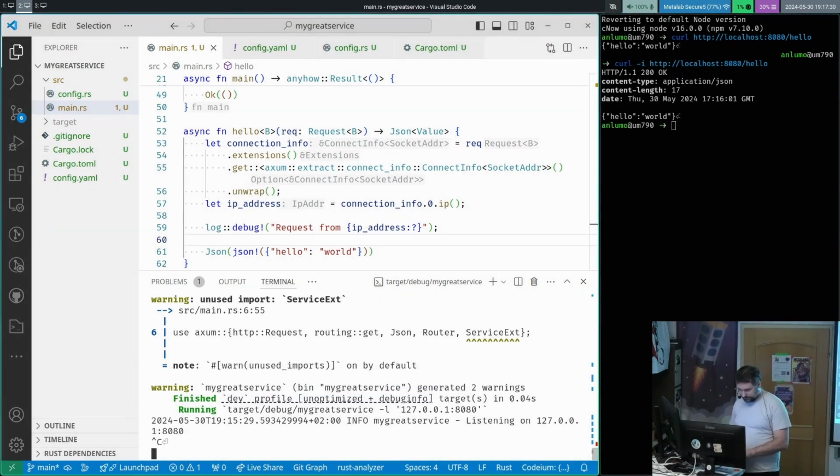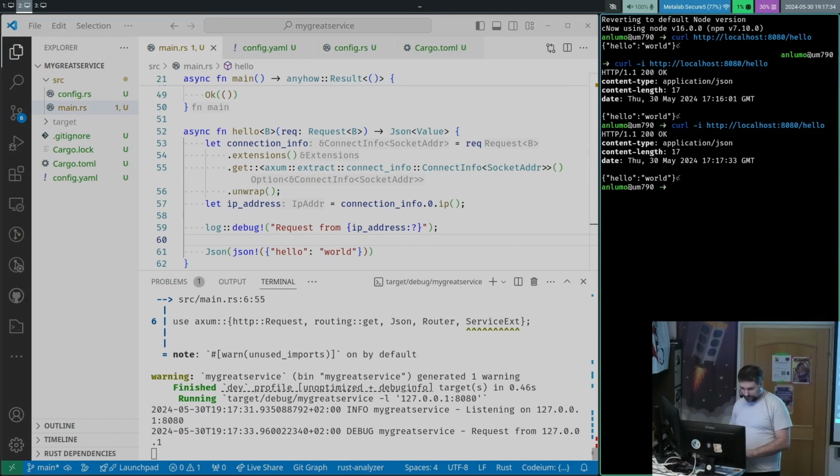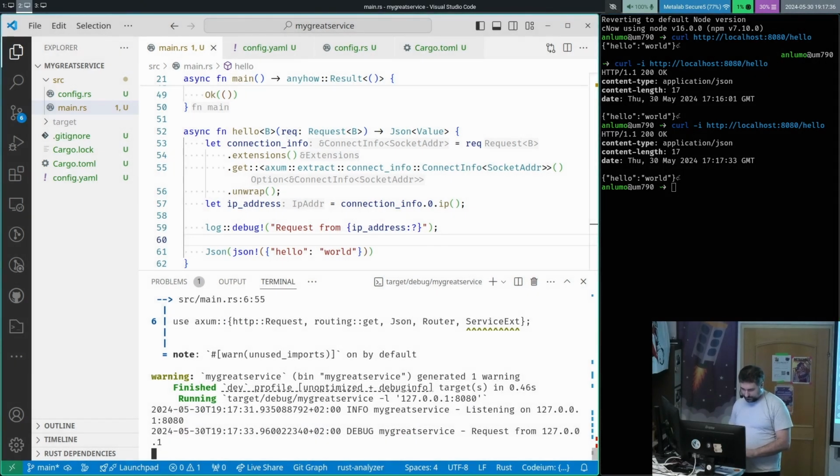Okay, don't forget to restart this thing. Now when we request it here, we can see request from localhost 127.0.0.1. And our service already works, but we're not done yet, of course,